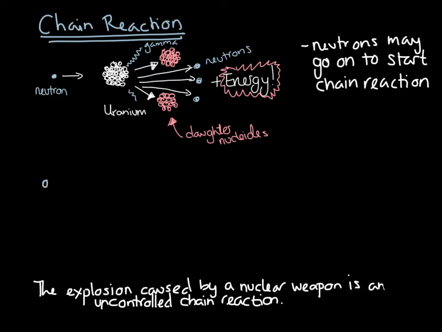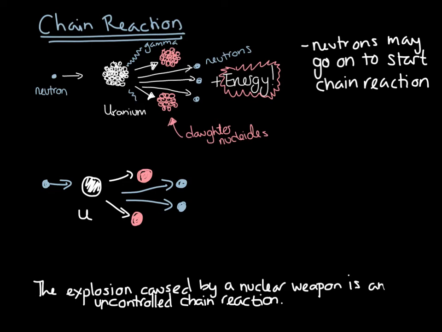So we have a neutron that goes into a uranium or a plutonium atom. I'll just put U there for uranium. That's then going to split into 2 smaller daughter nuclides, and it's going to give out 2 neutrons. Now we've said that those neutrons can then take part in further reactions, so I've then got to